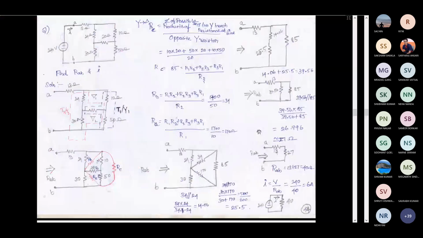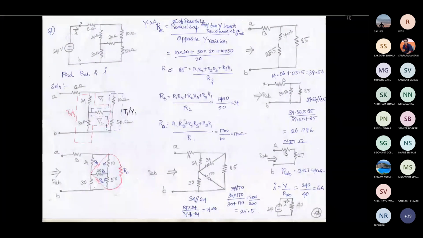So in this question, what we need to do is find RAB and I. I is the current which is flowing through this voltage source. Now we need to find the resistance across the terminals, RAB, so we have to see from this side. When you want to find the resistance across this, you have to start from the extreme opposite end. So you should start from here for reducing the circuit. You should not start reducing the circuit from this side, otherwise you will get a different value and the solution will become wrong. You start from the exact terminal end.